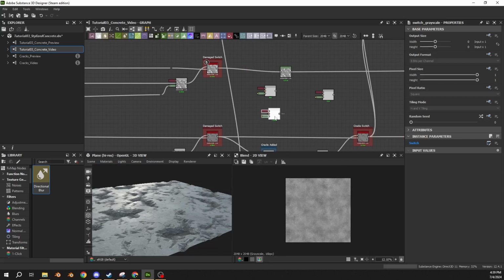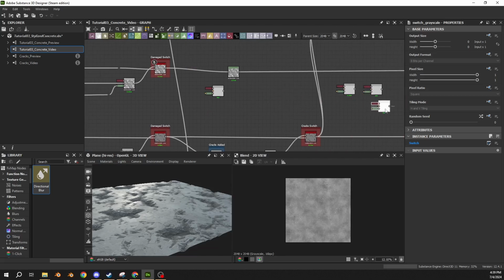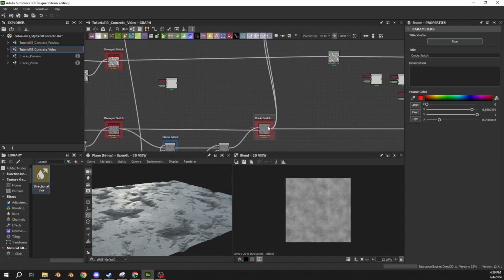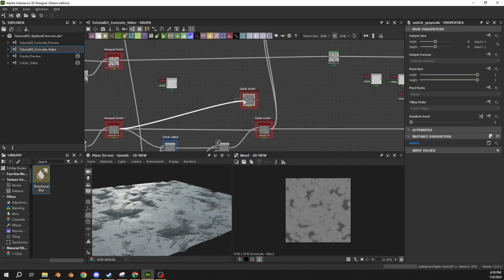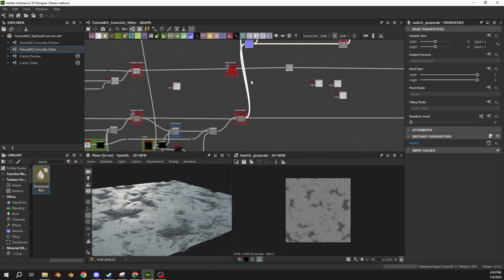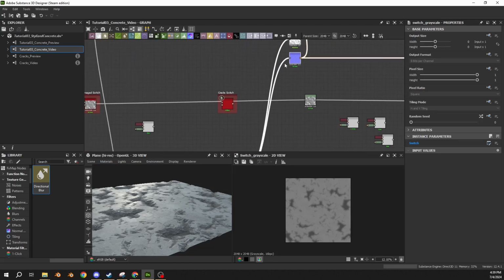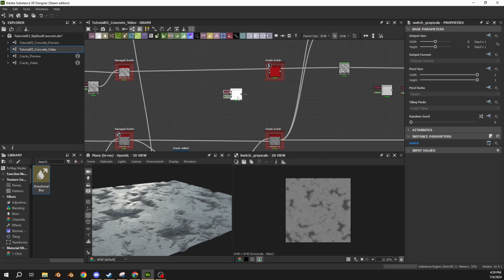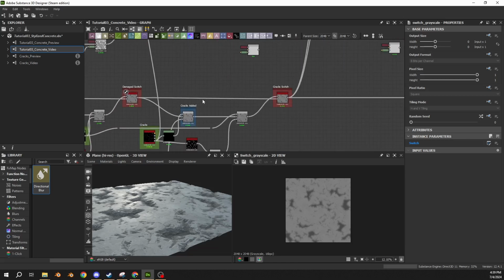And now we're going to do the cracks. So let's move these guys out of the way. And then I'm going to copy the frame and copy the switch, unplug everything, put you over here. I'm going to move these guys so that these strings don't get in the way. That just going to go here. Then I need to pull from